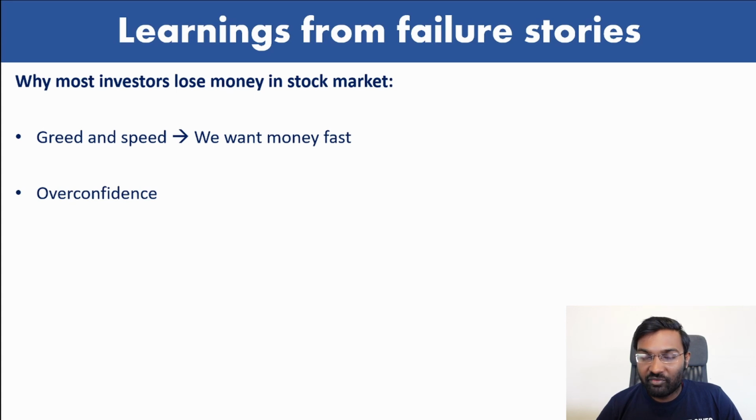And the second one is overconfidence. People have overconfidence and they say, okay, I'm going to invest 50% of my portfolio in this penny stock, or 25% of my portfolio in this one particular penny stock, and this is going to get me rich. That's overconfidence. So you have to do your due diligence, do a lot of research, and diversify your assets across large cap, mid cap, small cap, and also penny or micro caps if you have strong conviction. So you have to diversify and then allocate your money accordingly. That's also very, very important.